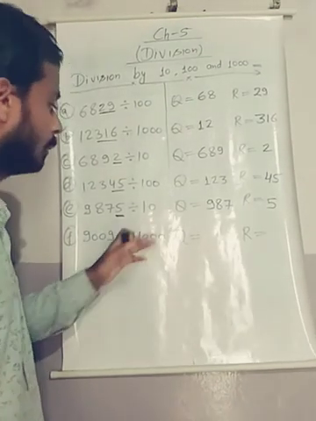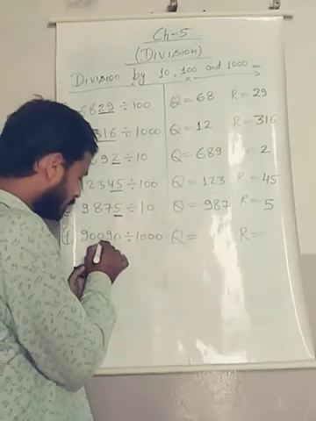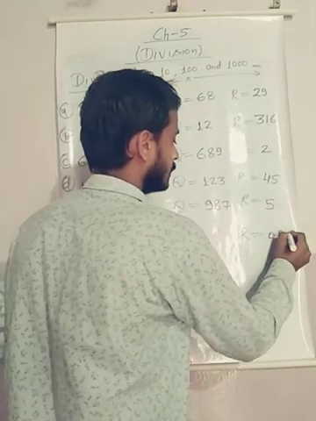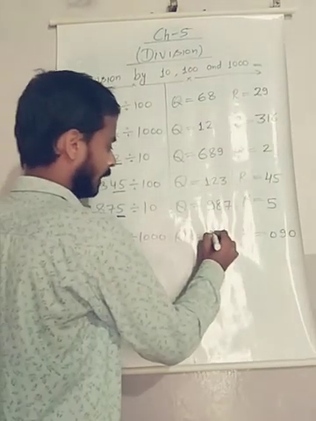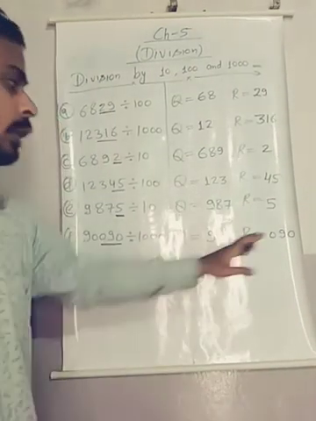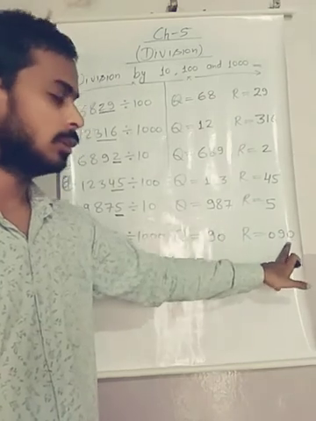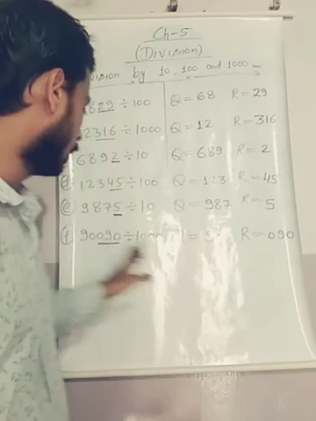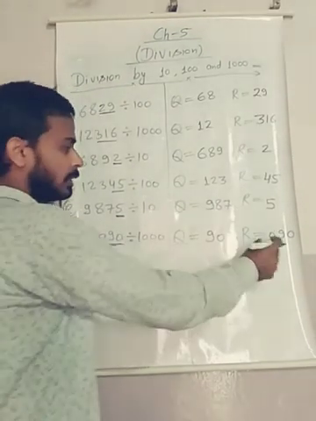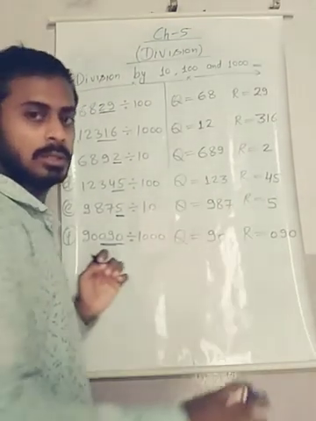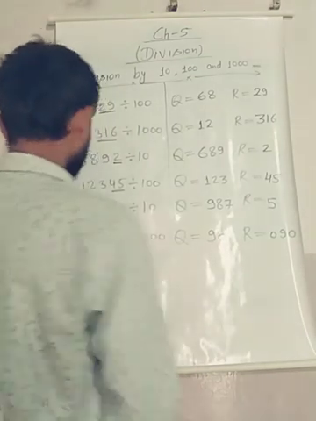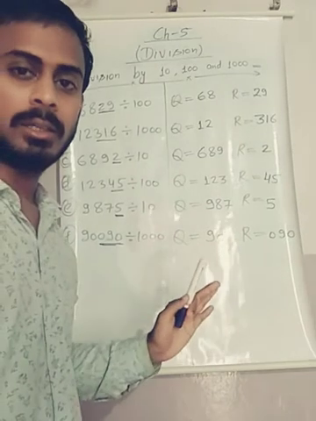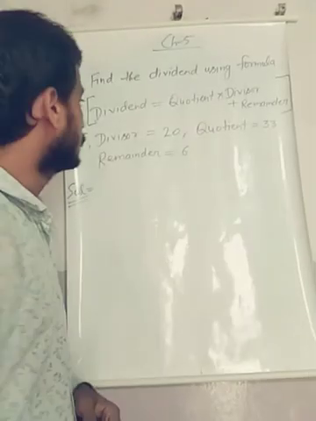Then 90,090 divided by 1000. So the last three digits are 090 and the rest, 90, is quotient. See, 090 means 90 also. So you can write here 90 or 090. According to this rule, we can write 090, but it is also equal to 90. Okay, in this way you can do this type of questions directly. Okay, see the next question.